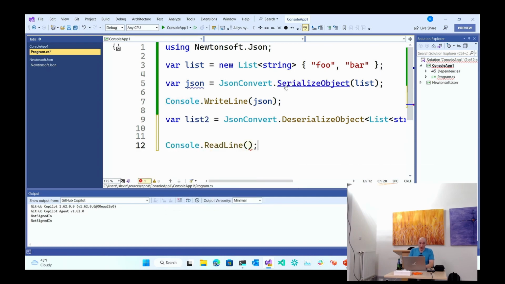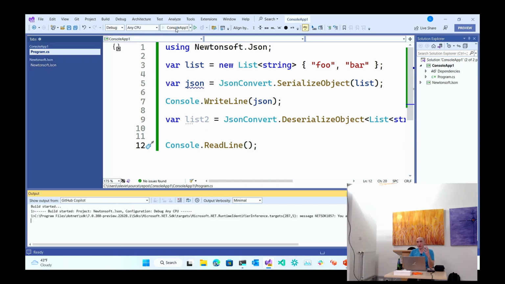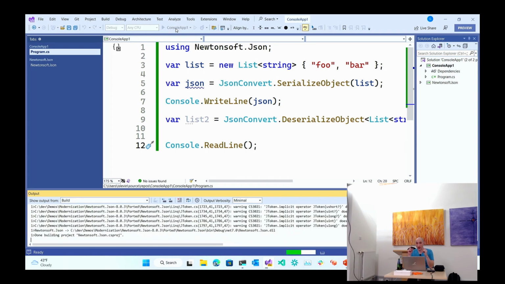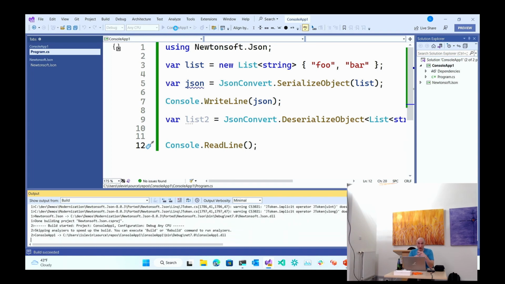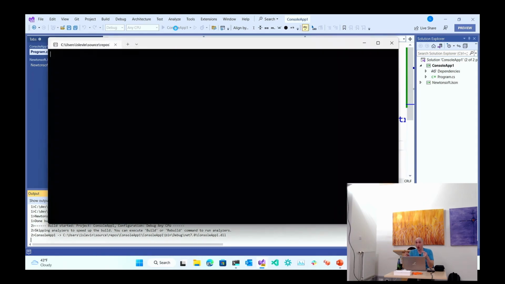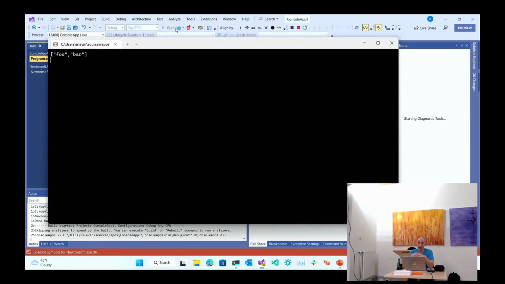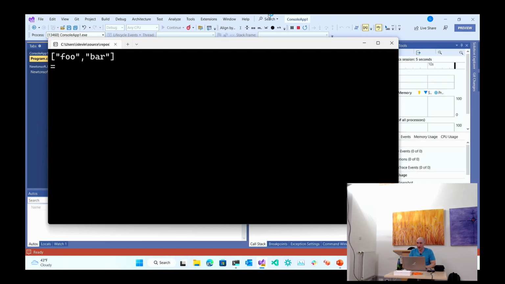So basically all I'm doing here is creating a new C# object, a .NET object, a list of strings with foo bar in them, and then I'm going to serialize it into text, a JSON of that text, and then write it out, and then deserialize it back. I know this is a very stupid demo, but I'm just showing you that I was able to take a .NET Framework 4.5 project, port it to .NET 7, and call it in a .NET 7 project, and it just magically worked, right? So as you can see, super exciting, worst demo ever.